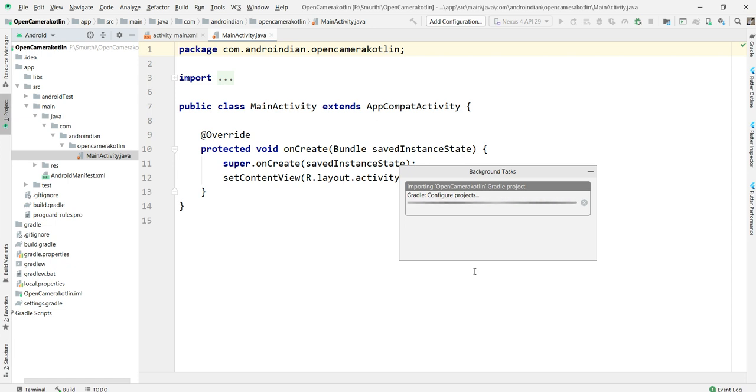Here we'll directly see how this works in Kotlin. The Gradle build is almost completed. In our coming videos, I'll also explain how to convert a Java file to a Kotlin file.